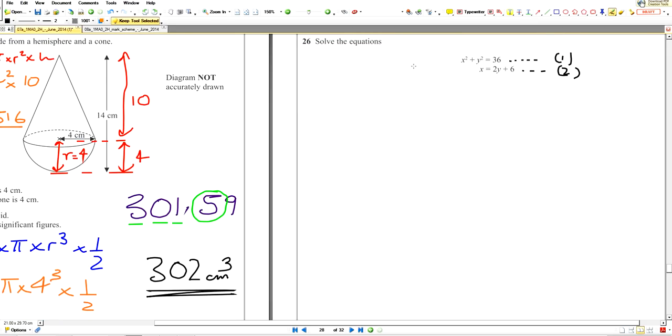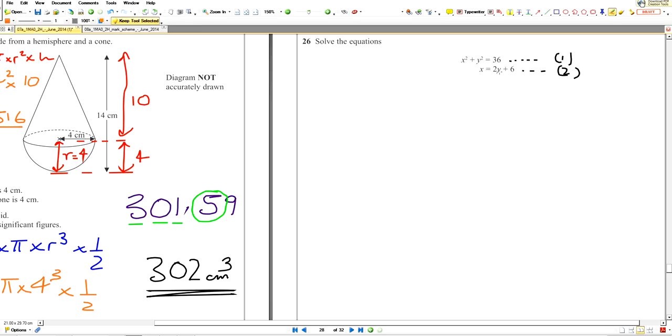Right. Now, in order to work out this type of equation, this is the equation of a circle: x squared plus y squared equals 36. That's your standard circle equation here. We need to substitute for x, 2y plus 6. So what we're going to do here